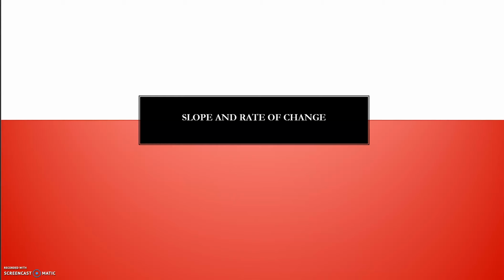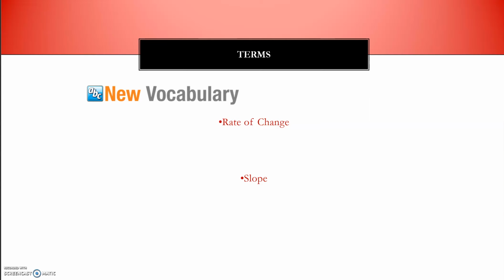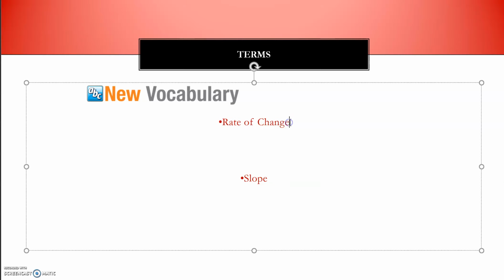All right, so in this video, we're going to look at slope and rate of change. When we talk about the rate of change of what? Well, what we're going to be talking about here are linear functions. So for a linear function, that's going to be a line graph. The rate of change,